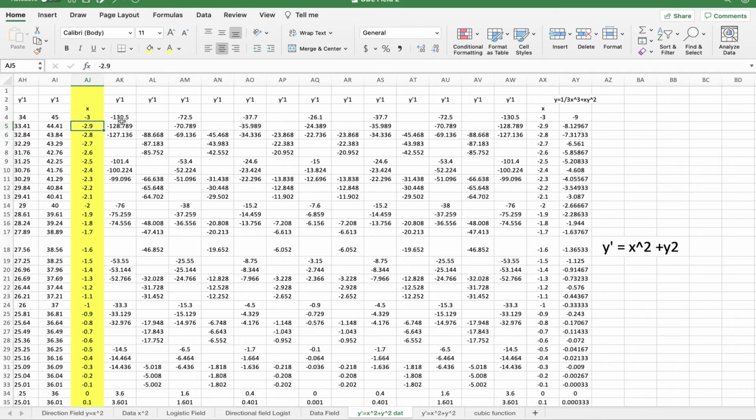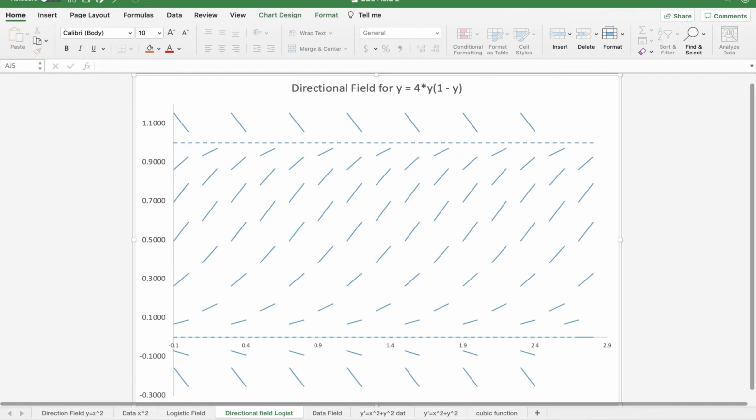So I get line segments, and then I plotted that on an xy coordinate system to give me